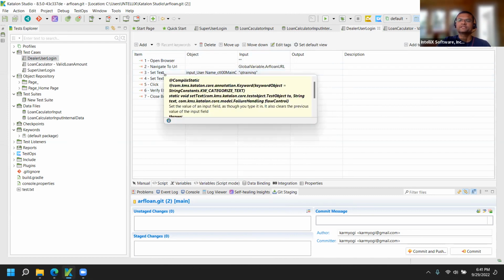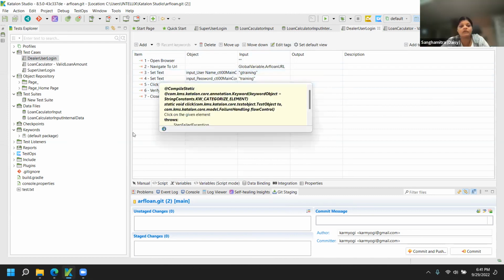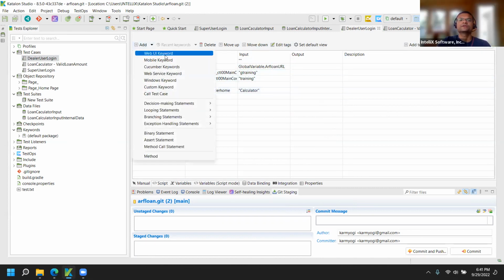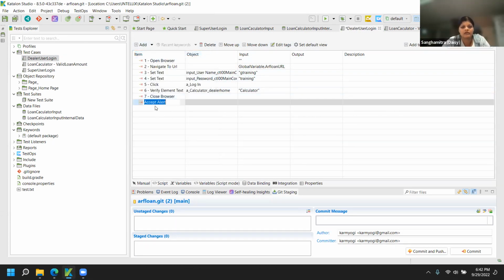You are not doing any scripting. Here you are picking out the keyword. If I can add one more step here manually, web UI keyword, because it's web, I can pick additional things. So it will add it here. It's a keyword. A keyword is nothing but an instruction to